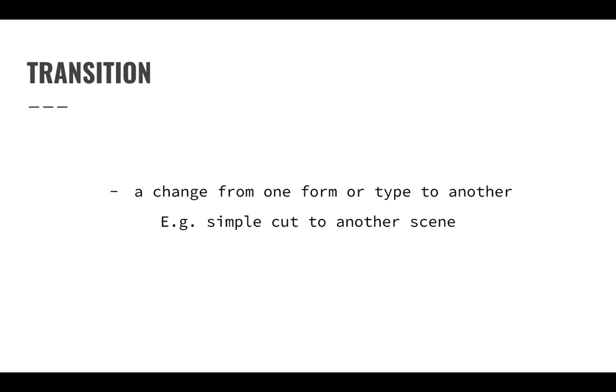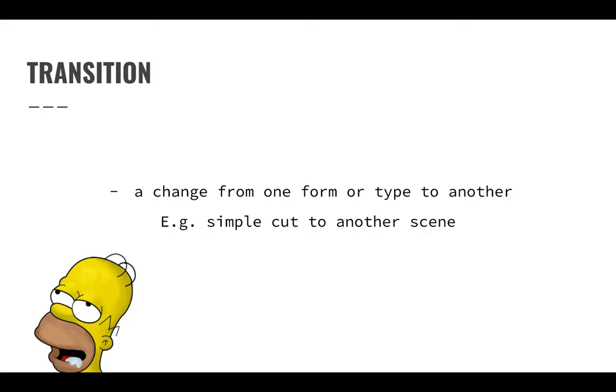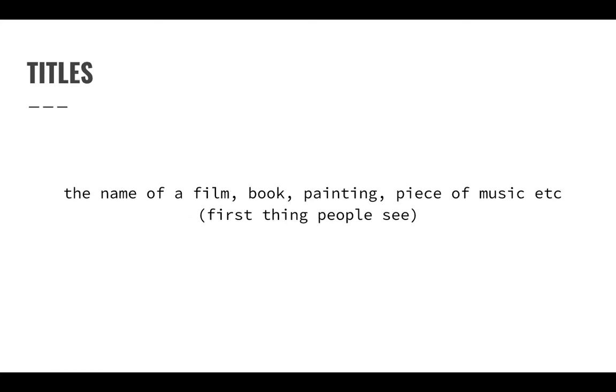So transition. Like in multimedia, After Effects would be transition. So a simple scene cut to another scene. So the example here would be a transition to another scene, like a fade to black, and then it would just go to another scene. Yeah, I'm doing alright.